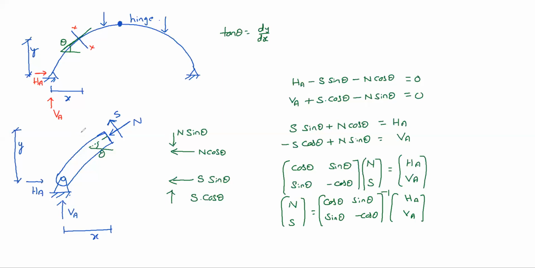Sometimes you may have loads also here like this, some load. Then you should take that load also into account in place of this VA. Then it will be VA minus P here. If P is there, VA minus P will be there, so here also VA minus P will be there. Some loads are there means VA minus P. So like this, we can find N and S, I mean the normal force and shearing force. We can determine them after getting support reactions.